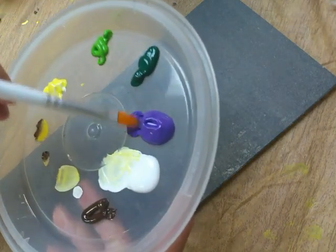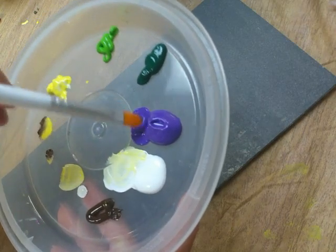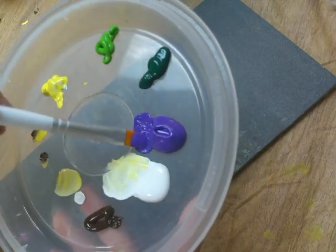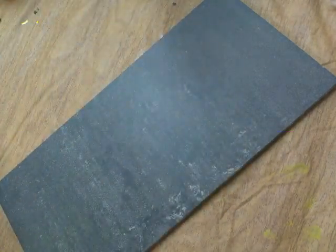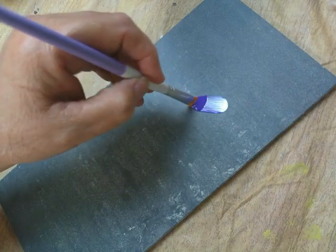I'm going to use a purple, and I tried to do white and it just was too glary with my paint. So I'm going to do that. I'm just getting the brush all full of paint, and then I'm going to tip it into the white. Let's see how that looks. I'm just going to do one bloom,